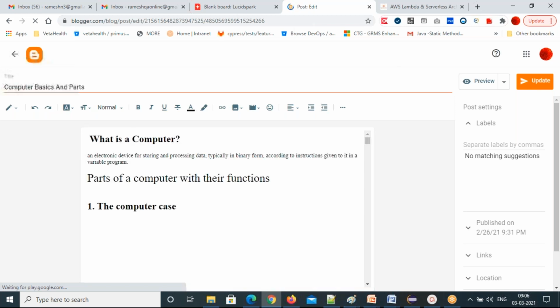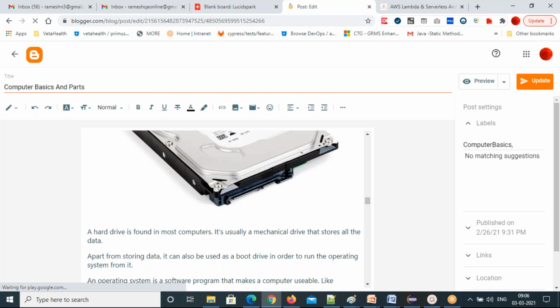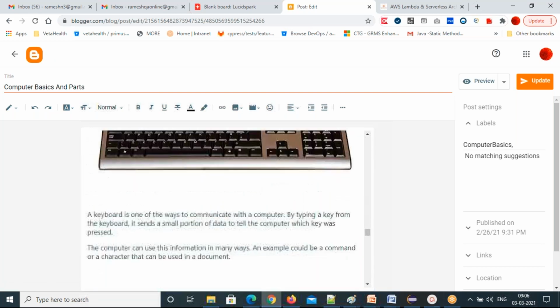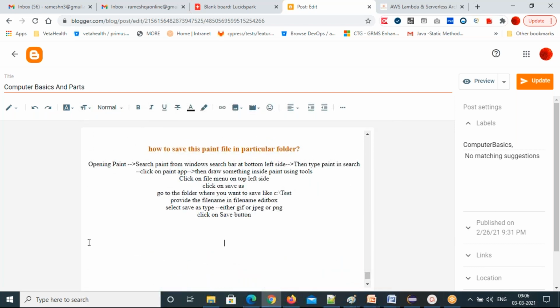So you open any browser, Priti. Open any browser, either Chrome, Firefox, Microsoft Edge, Internet Explorer, any browser you open. So after that, first what we are going to do is how to download files from websites. Okay, so this is the question and we'll see how to do this scenario.